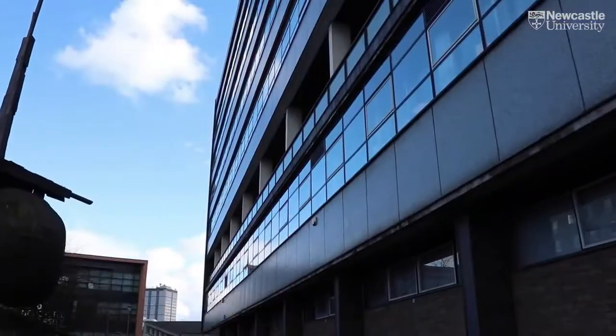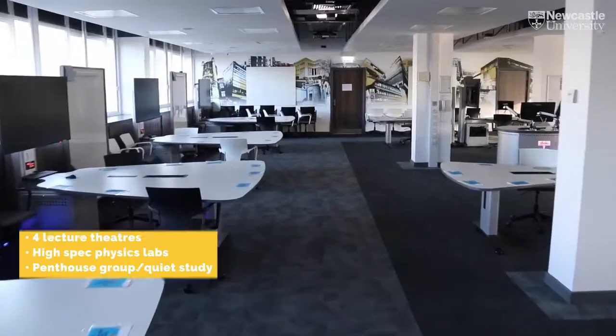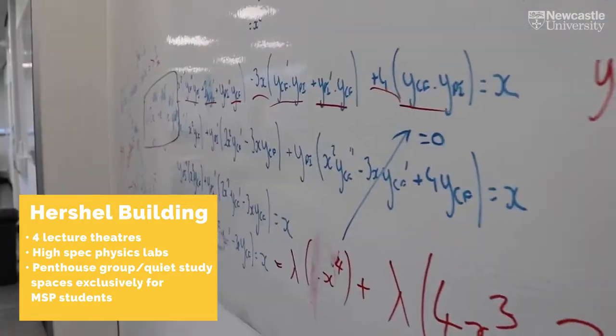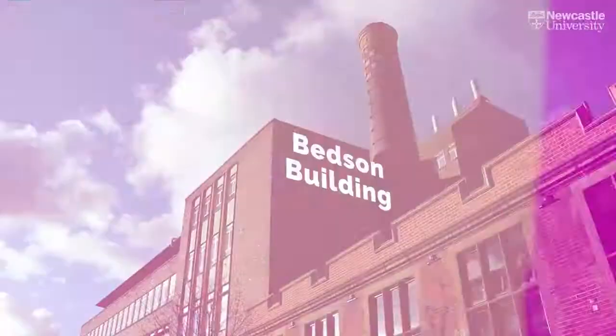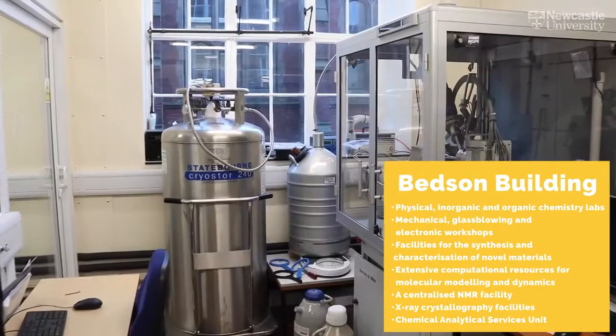Back on the west side of campus, there's the Herschel Building, built during our campus expansion in the 1960s. This is the main area for our School of Mathematics, Statistics and Physics, outside of which is a sculpture called Spiral Nebula by Geoffrey Clark. Across the car park from Herschel is the Bedson Building, where our chemistry labs are based, featuring well-resourced research laboratories